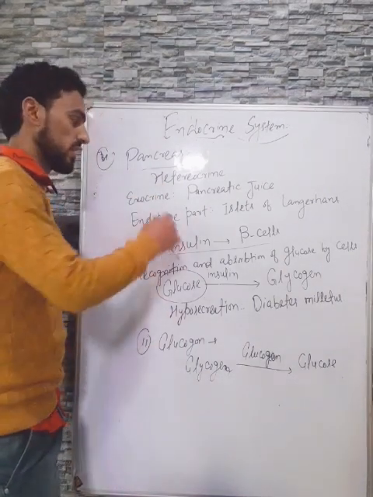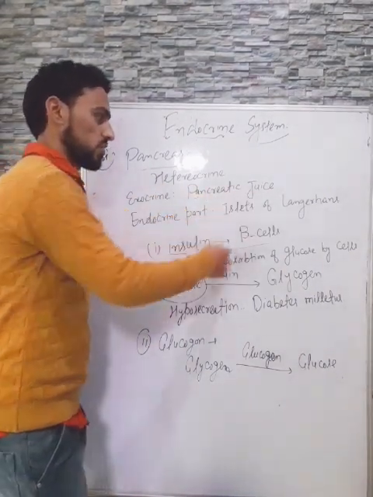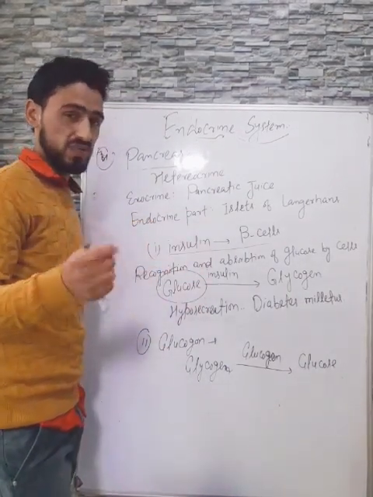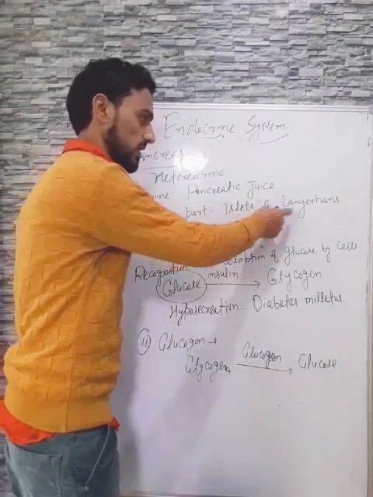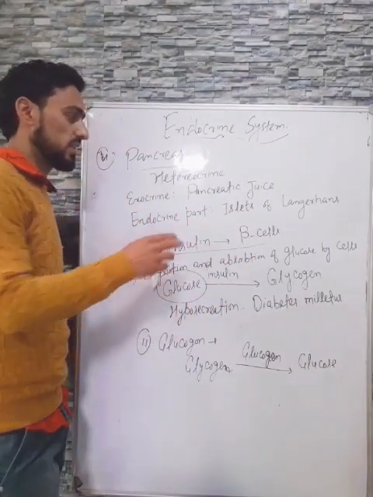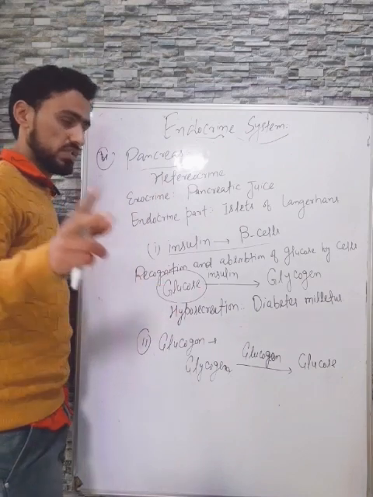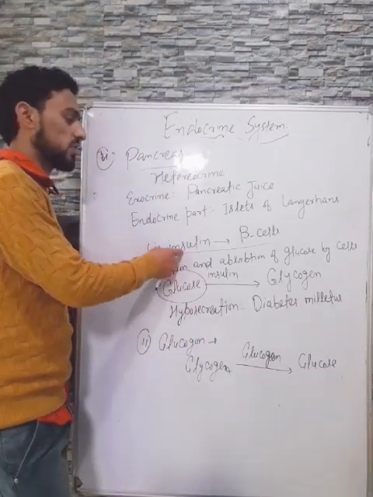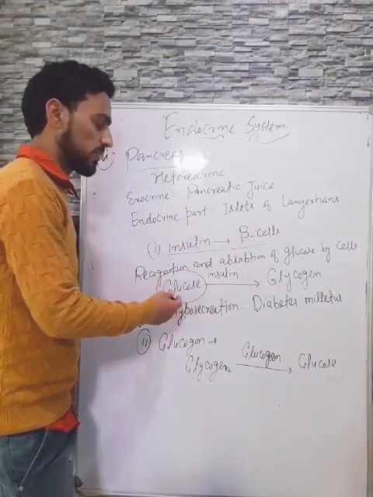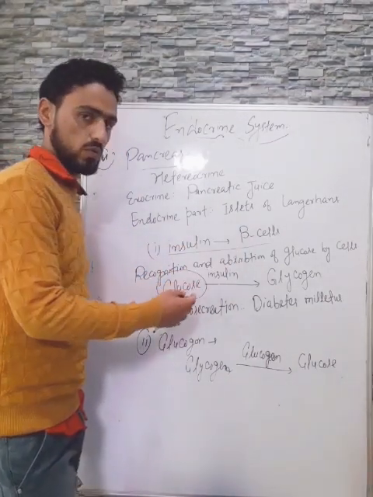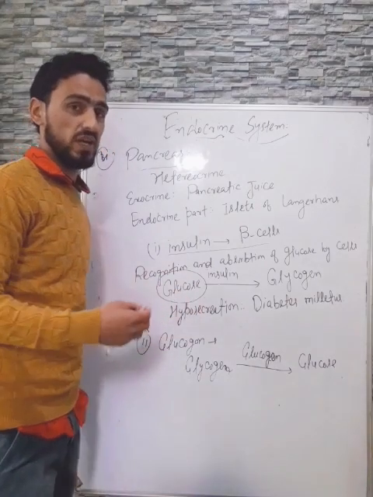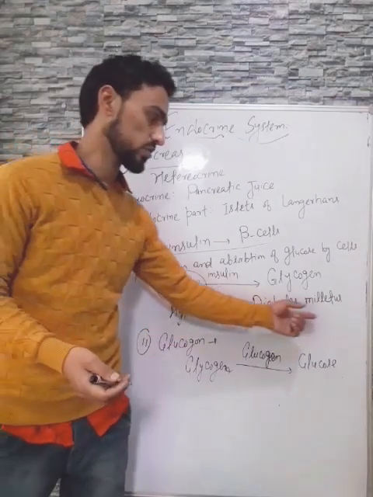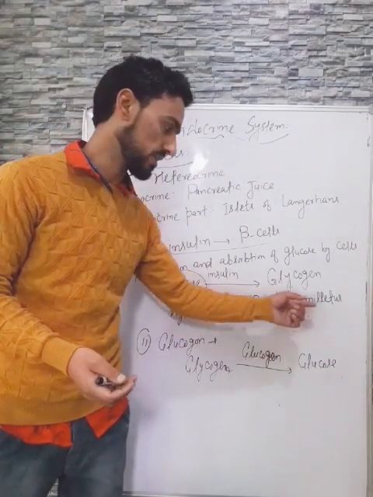Having a quick recap, the pancreas is a heterocrine gland having both an endocrine part as well as an exocrine part. The exocrine part secretes the pancreatic juice, which helps in digestion, and the endocrine part is represented by special cells known as islets of Langerhans. The endocrine part secretes two hormones. The first is insulin, next is glucagon. Insulin is secreted by beta cells, which help in the absorption of glucose by the cells and also the conversion of extra glucose into glycogen storage form, and its deficiency leads to a disease known as sugar or diabetes mellitus.